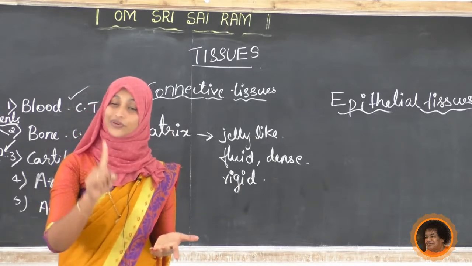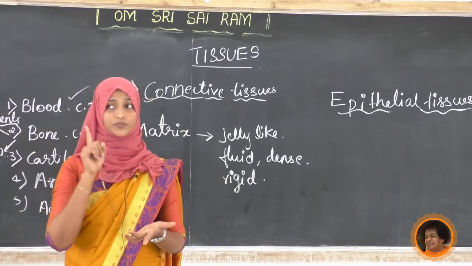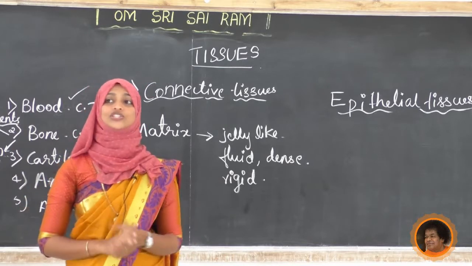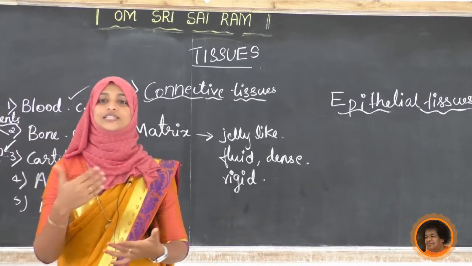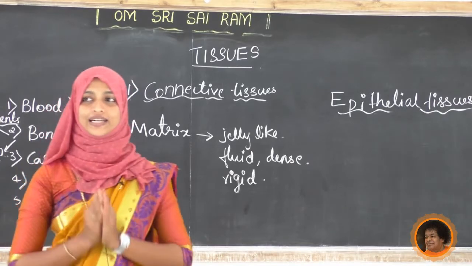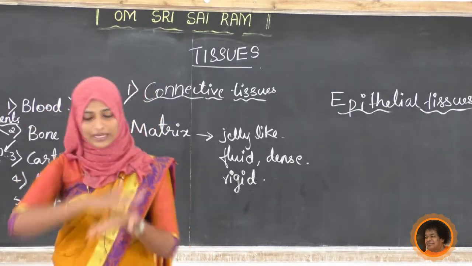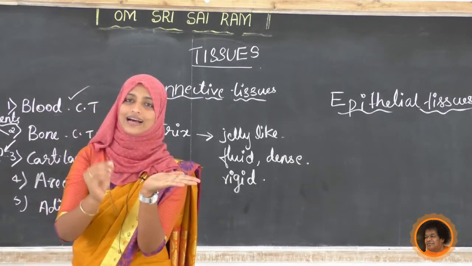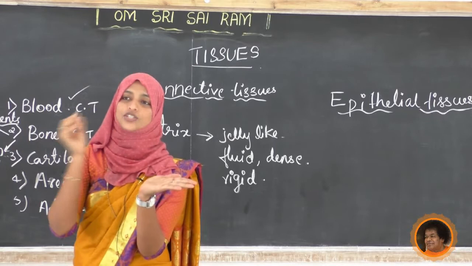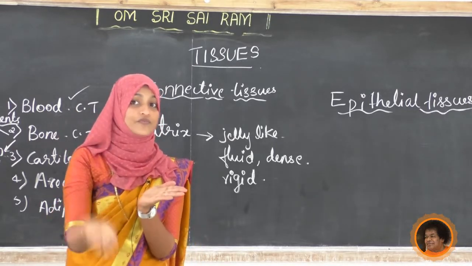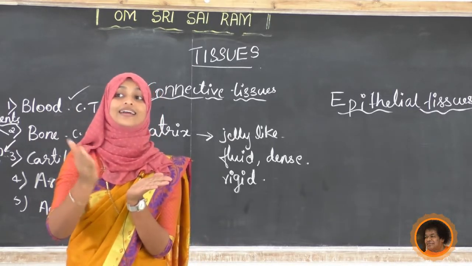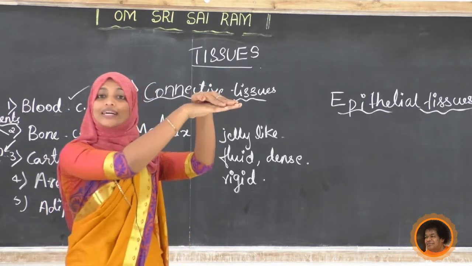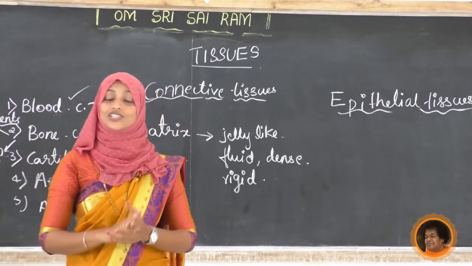It is a protective covering forming a continuous sheet. Continuous sheet it is. Okay. Next, sometimes we can see these epithelial tissues in one layer. Only one layer we can see. Such epithelial tissues are called simple epithelial tissues. Sometimes in some places we can see them arranged in patterns of layers, one by one, like this. It is like a book, how the pages are arranged in a book.